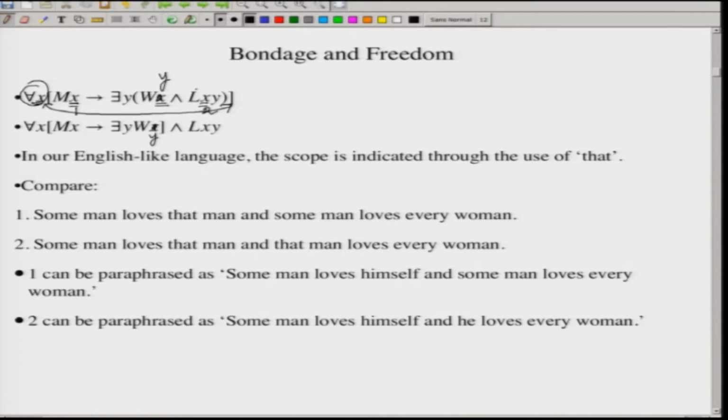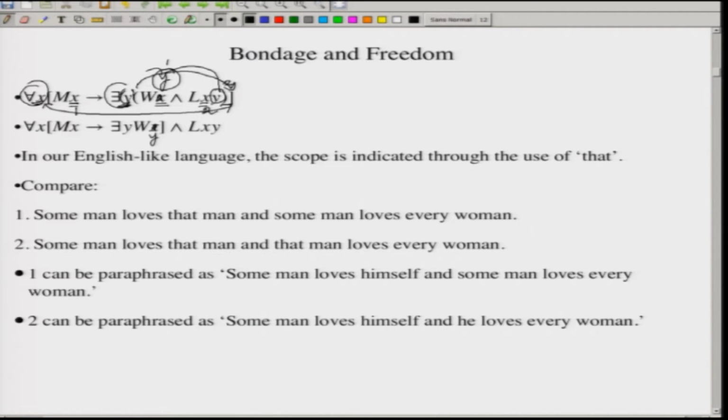And what is the scope of y? Now, this quantifier is binding these two, actually these three, technically speaking, these three occurrences of y, but this is just the binding variable. So, this is to indicate which variable is to be bound, but the most important occurrences of y are these two. So, once again we can see 1 and 2, and both are bound by this.